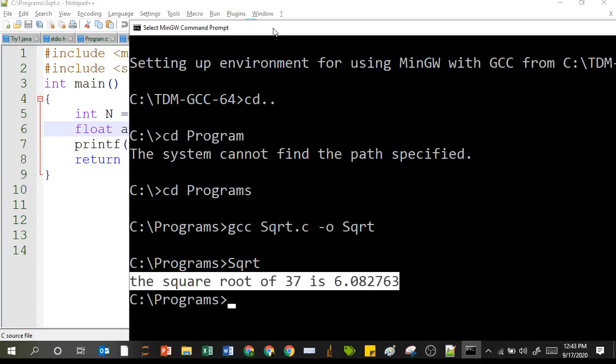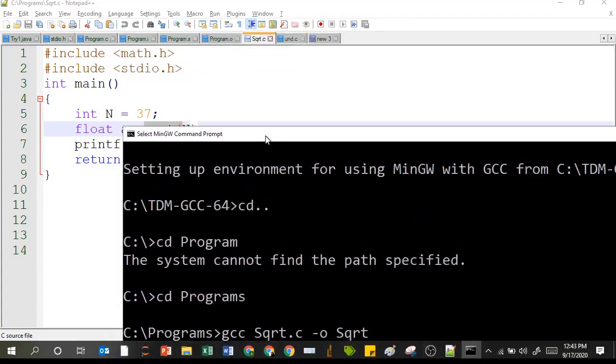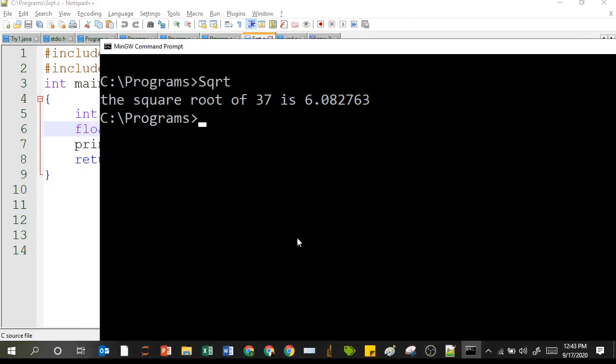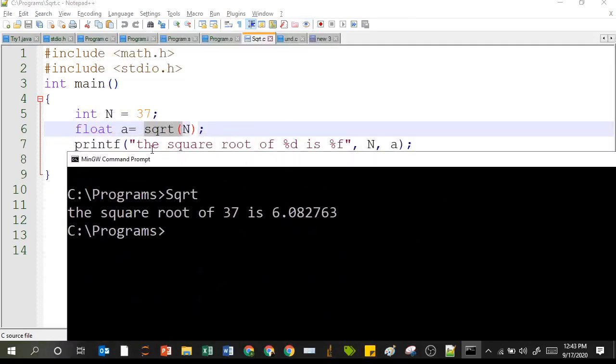Right? So in order to see this, if you talk about printf, what is happening over here? Let me just clear it out and execute it again. Okay, it is giving you the square root of this number is NA. Why? What type of syntax is here? We know that inside printf, whatever is written inside double quotes will be printed as it is onto the screen. So inside double quotes, what is written? The square root of %d is %f. Instead of %d, it is giving you 37, and instead of %f, it is giving you this number. So where are this 37 and this number coming from?